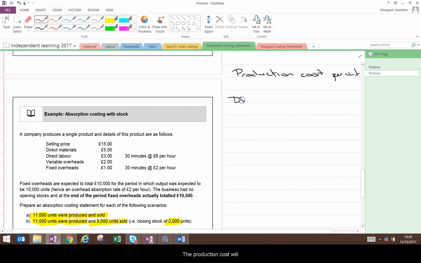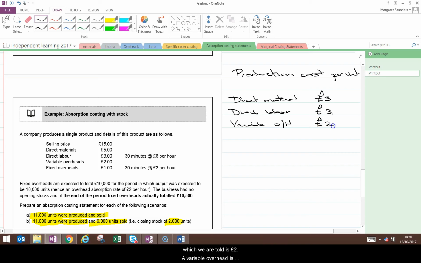So the production cost will consist of the material cost, which we're told is £5, the labour cost, which we are told is £3, the variable overhead, which we are told is £2. A variable overhead is another direct cost. So if we add these, we have the prime cost